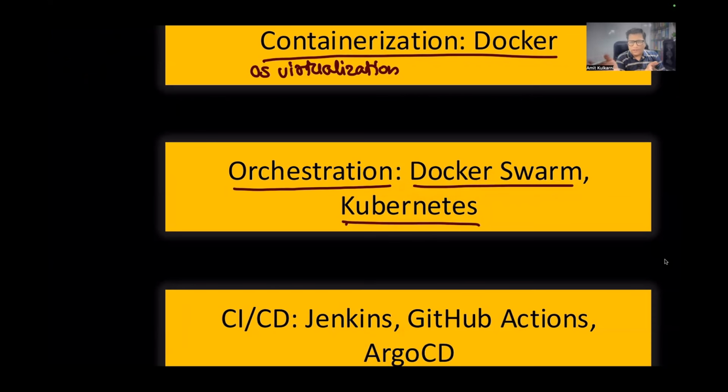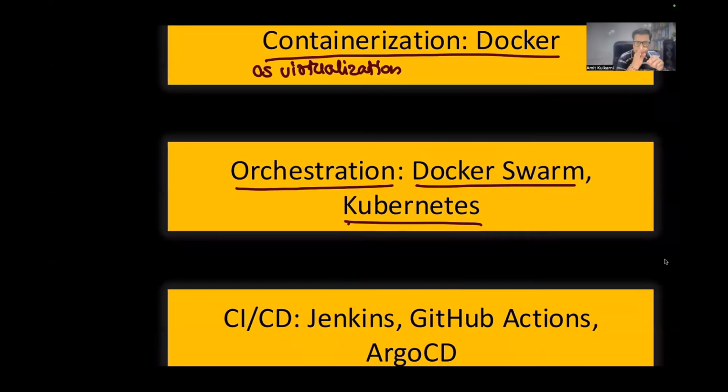And you can see, there are many others, but these are popular ones. So we are going to pick the important ones: Docker Swarm because it's very simple, and Kubernetes because it's very powerful. So we'll understand the simpler architecture first.